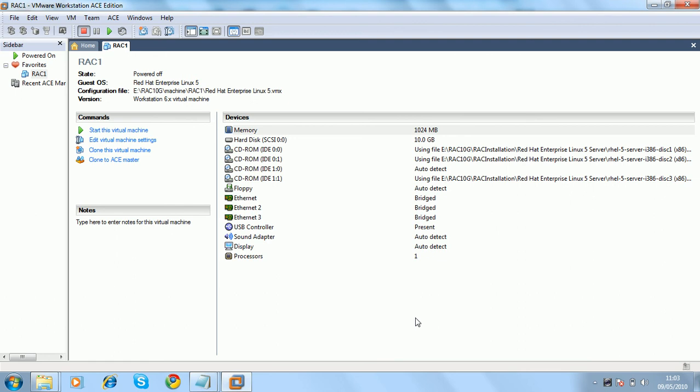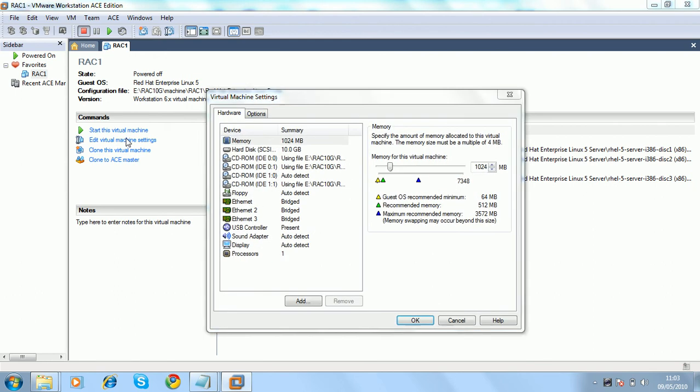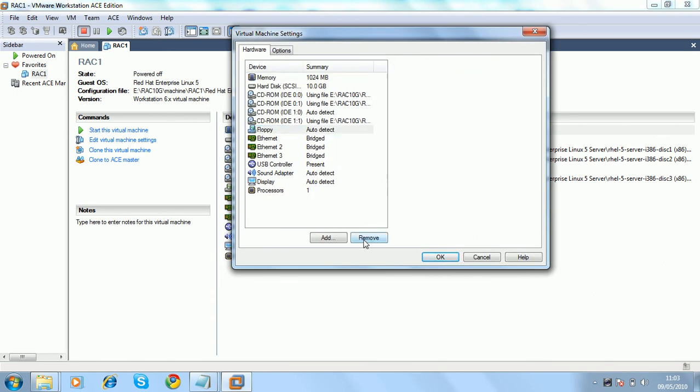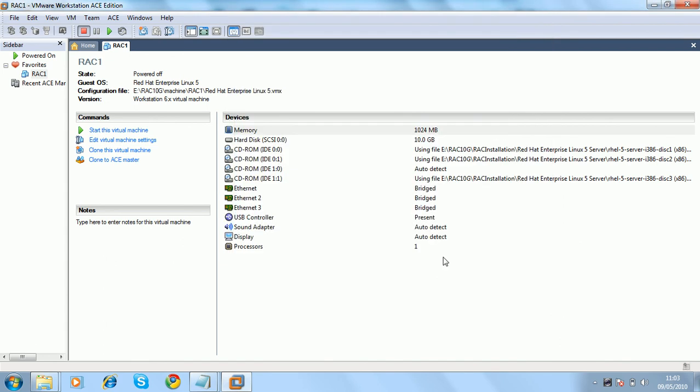Just one thing you have to take care of here: VMware additionally includes a floppy drive in your machine configuration. If you don't have a floppy drive, you had better remove it. Otherwise it will throw an error each time you start your machine. So this is all in your first video. In the next video I'll